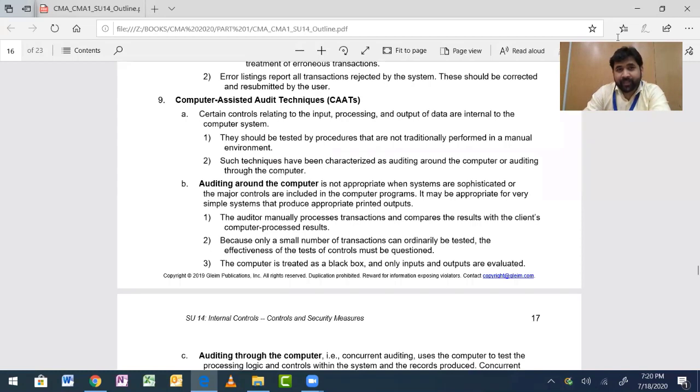Computer assisted audit techniques. I was saying, we just have started. I was saying that since the procedure of accounting has changed, now it has become more technology oriented. The audit work also has to follow. And the main thing here is, in normal audit, you will check the vouchers, you will check the journal entries, the dates, and all that stuff. It is not possible to do that in the same way in the computer.